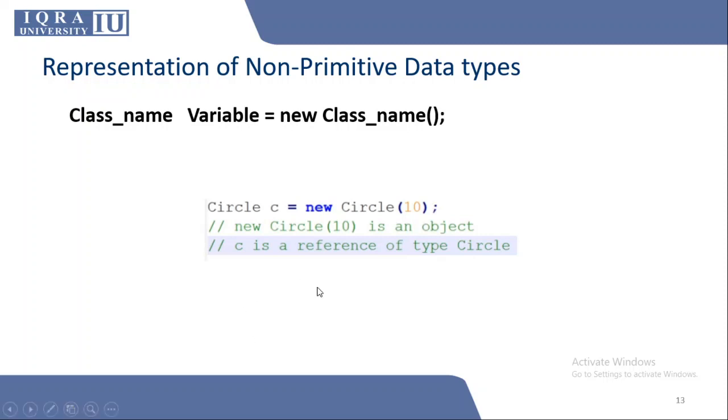As an example, Circle is the class name, then we have variable C, which is an object of this class, then we have the new keyword, then the same class name.